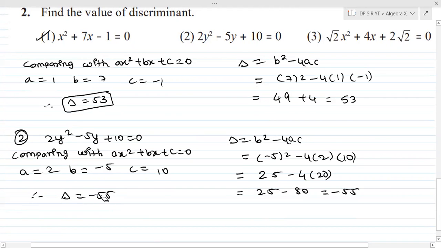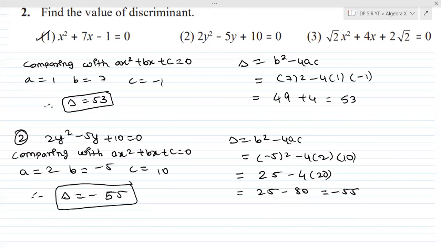And such questions can be asked in MCQ also. If your exam tends to be an MCQ exam, as the 2020 batch's semester end exam was MCQ, and yours is also going to be like that, then you will face such questions in MCQ as well. Using this they can also ask you one more question: determine the nature of the roots, whether they are real, unequal, equal, or no real roots. Okay, so those are the questions which are commonly asked.